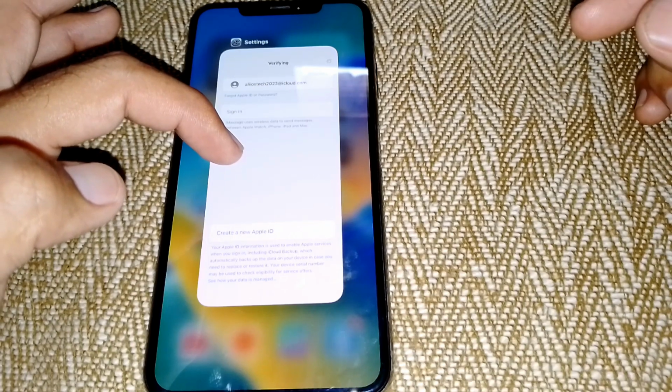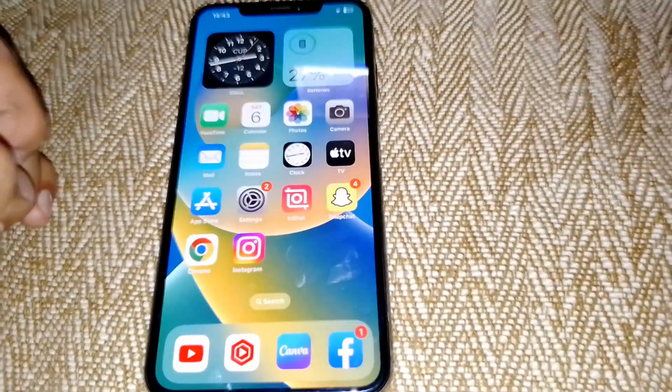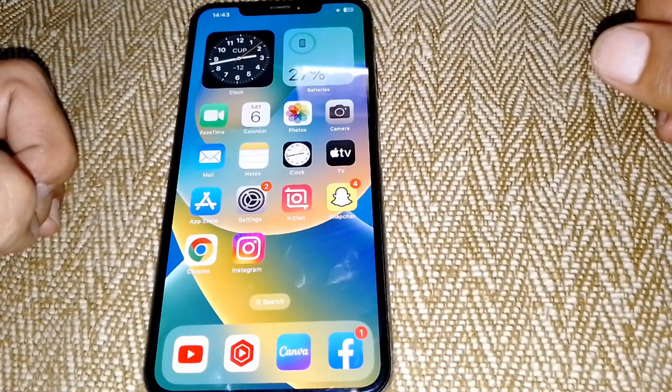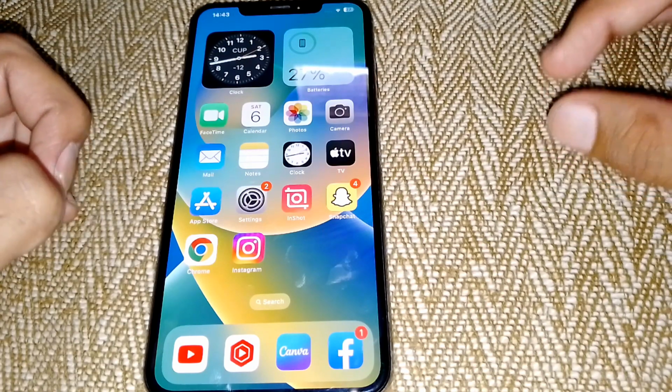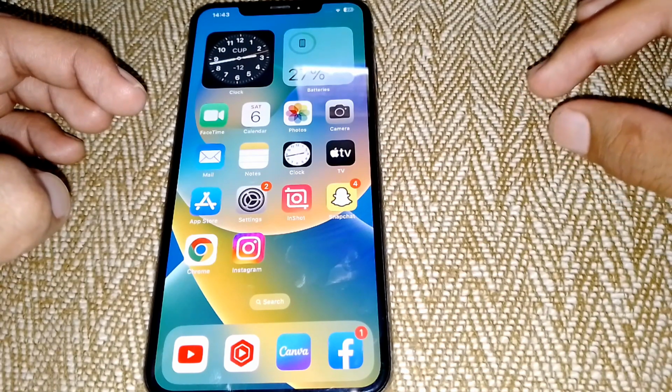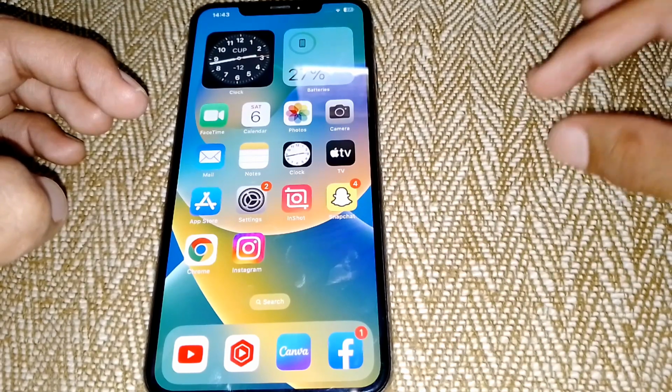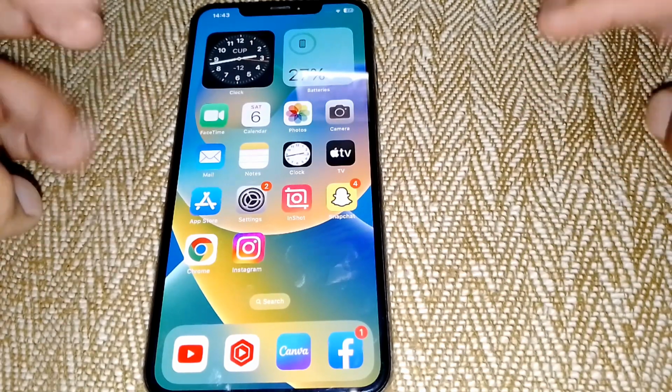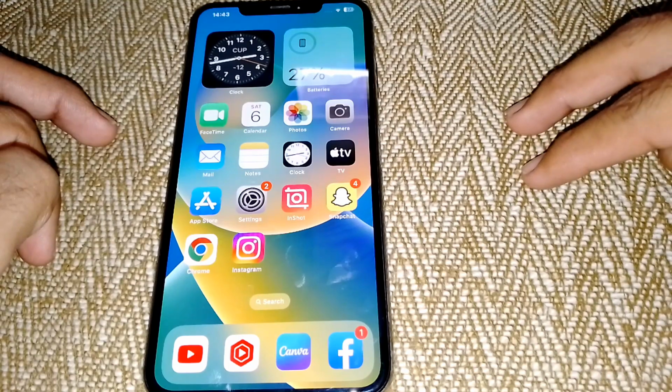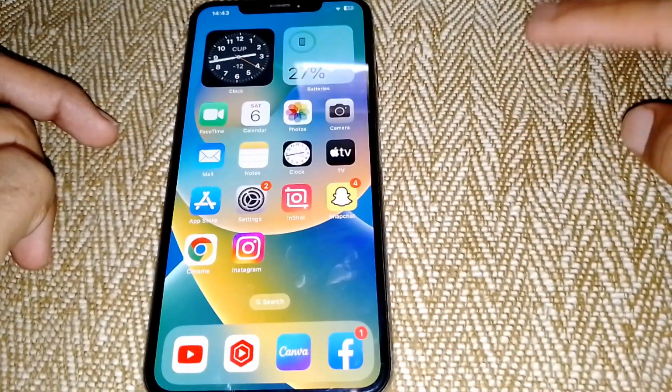The second thing is, guys, if you are connected with Wi-Fi, you have to make sure that you are connected with Wi-Fi, and you have to make sure that you have turned the toggle on for iMessage. Okay guys, so you have to do both of these settings on your phone and you can easily get that